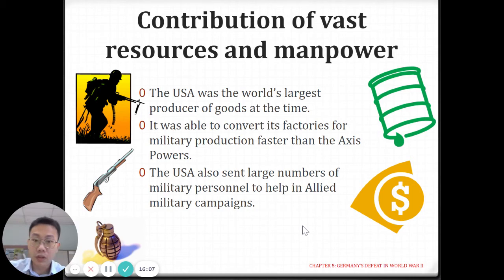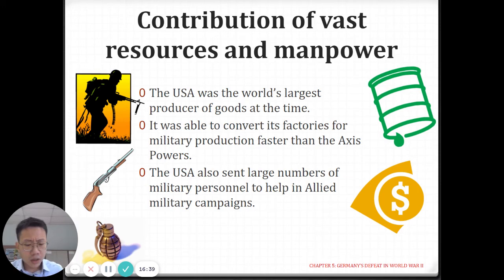Now we talk about resources, and the USA being able to convert their factories for military production means that a factory previously producing cars could now be converted to produce tanks instead. And also, they are able to produce all the weapons that are needed for military production. And in terms of military personnel, basically you send in more soldiers. Okay, so in terms of this particular factor, if you look at your textbook,